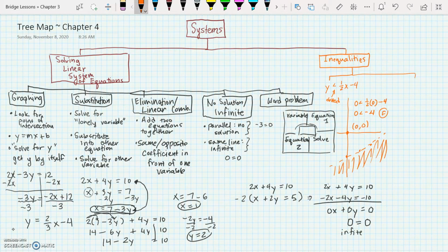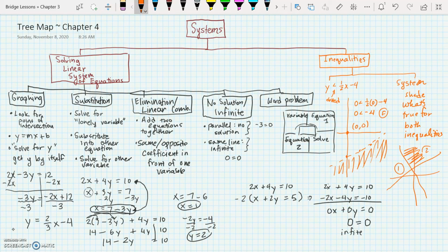A system of inequalities, the shaded region is just what's true for both. And so you would have your two lines would cross, and you would shade just the part that's true for both inequalities. You have 4 possibilities of regions that you would shade often, and so you have to decide